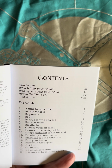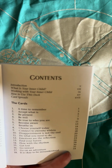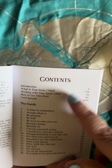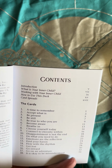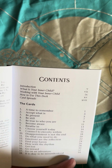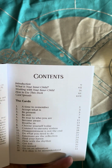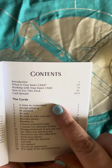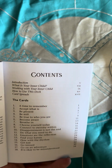I don't see why it can't be put in alphabetical order in the guidebook, especially since this is different because there's a sentence on the card and the name of the card, whereas the other decks, the ones that aren't in numerical or alphabetical order, the one has a sentence on it, but it's not always that easy to understand because it has a bit of the love and light stuff on it. The other one just has the name of something, like a snake or a goat or whatever, and that's it. And then you have to find it in the guidebook to see what it means, and there's nothing in any order at all, and it's so frustrating to me. It might just be a me thing, but anyway, now that I've stopped ranting,